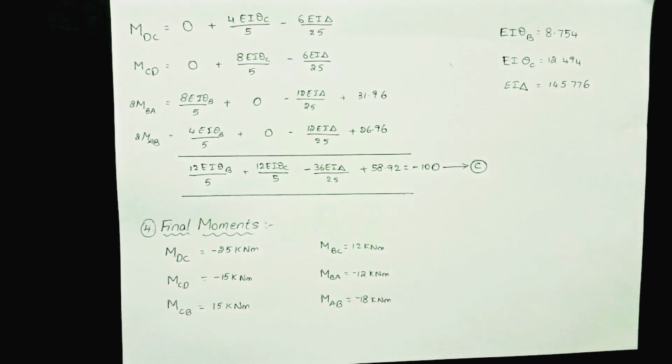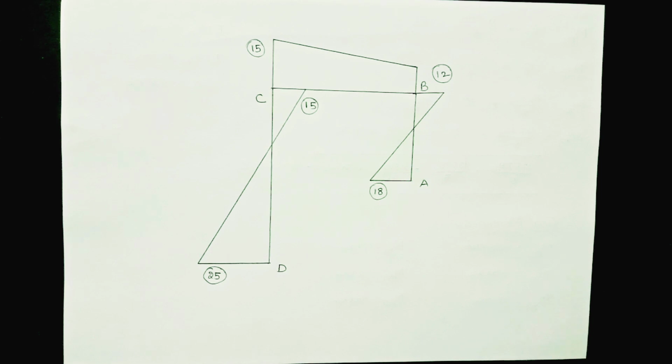So this is the final bending moment diagram for the given frame. If you don't know how to draw the bending moment diagram, I have made a separate video on drawing bending moment diagrams for frames. If you haven't seen that video, I will provide the link in the description. From there you can watch that video and apply the same concept and procedure to this frame also, so that you will get this bending moment diagram. In order to reduce the length of the video, I have made a separate video on it, because the procedure is almost the same and is to be adopted for this frame also.